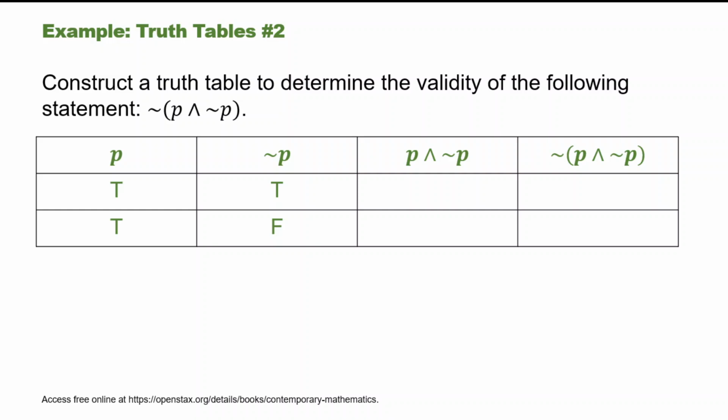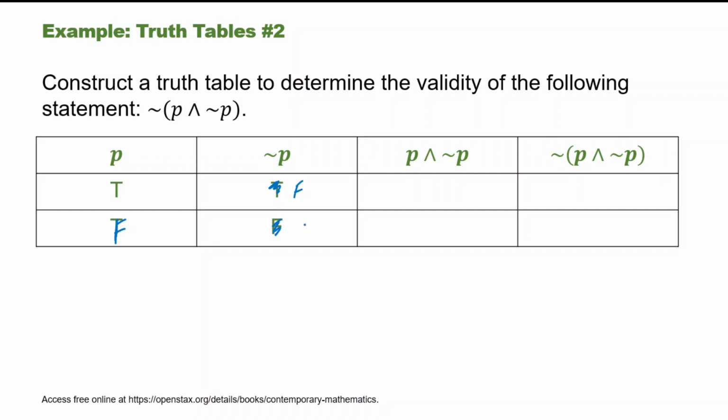Because we have one logical statement to work with, we only have P, and the two possible values for P are true and false, which means the values for the not P column are